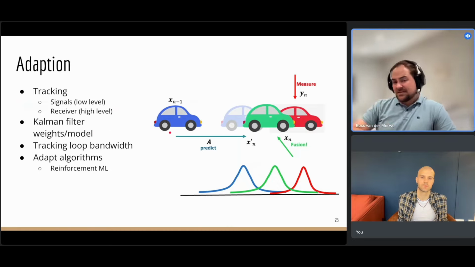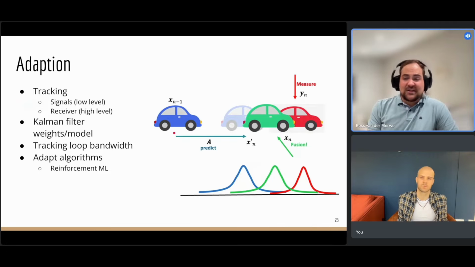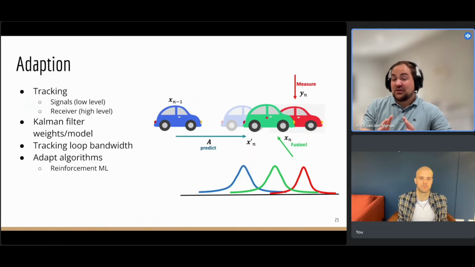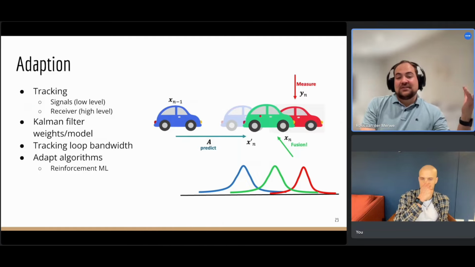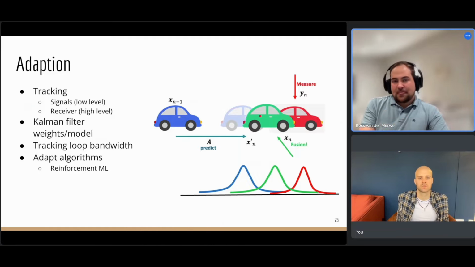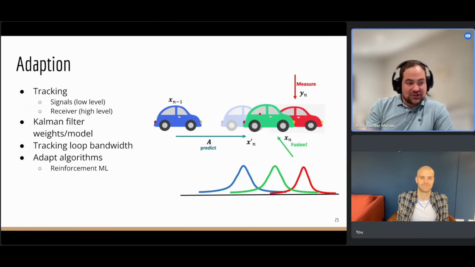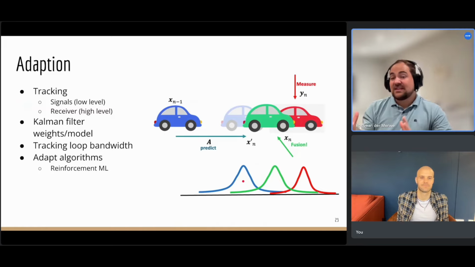What a Kalman filter does is it tries to estimate your position based on previous values. You start with a position where you are now. It makes a prediction, which will be the blue car. It takes new measurements, which will be the red car, and based on these two, tries to fuse them together to have a good estimate of where you are. So you're using the past, which is blue, and the current state, which is red, to improve your measurements, which is green. In the background, you have some Gaussian model that tells you how likely these are, and this results in a new one.